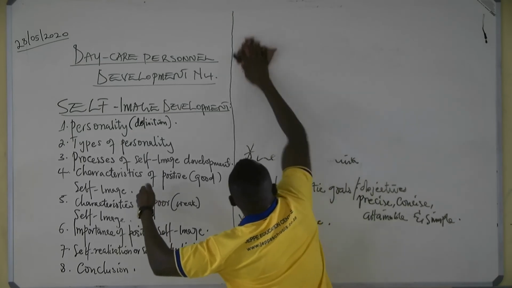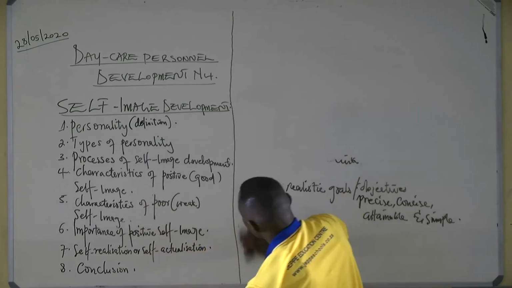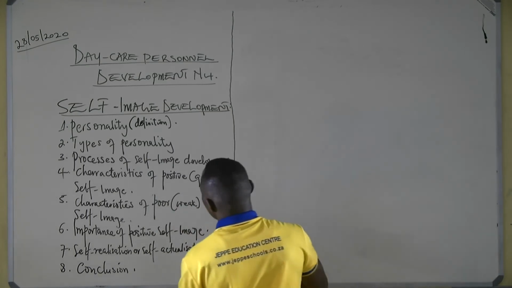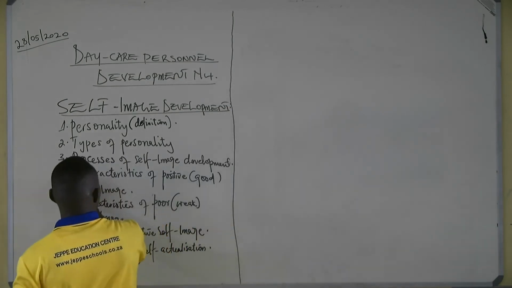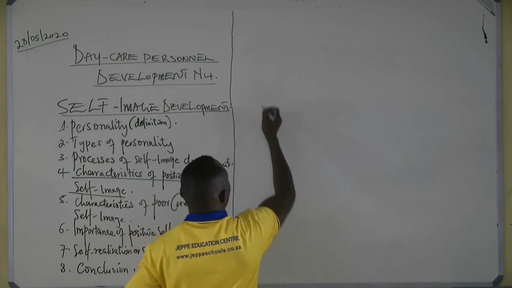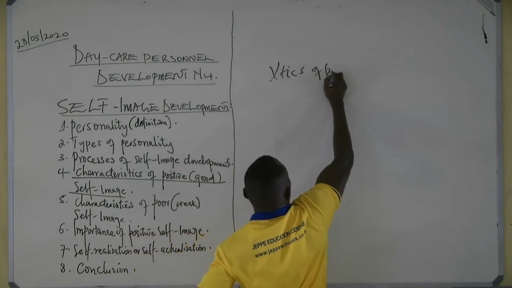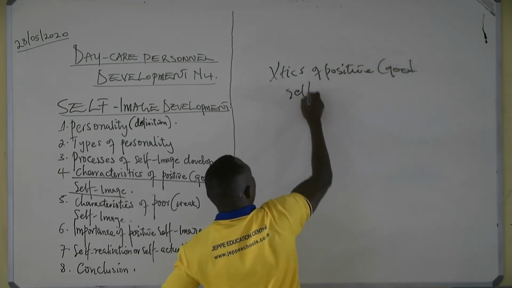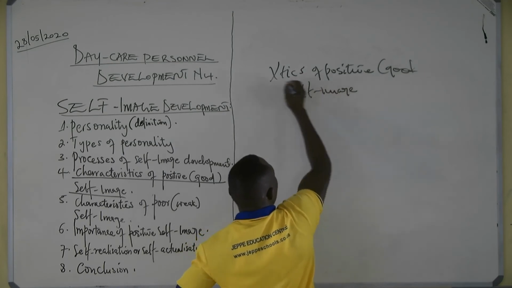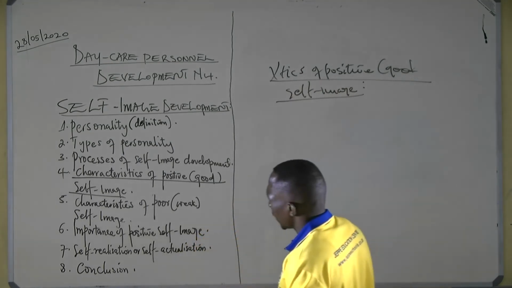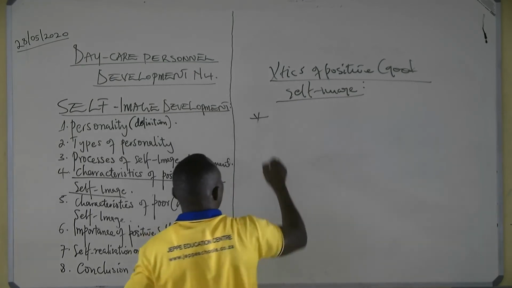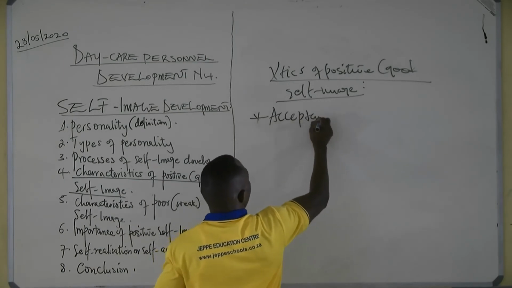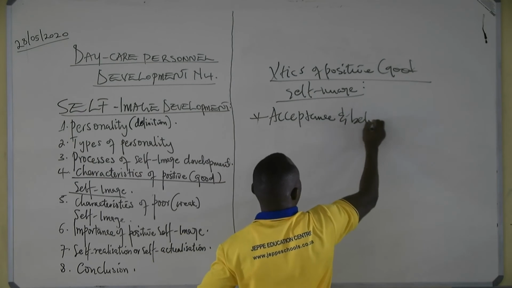Yes. Then, after that, let us look at another subheading as per our course outline for today. According to this, we are supposed to look at the characteristics of positive or good self-image. Positive or good self-image. What are these characteristics? I'm going to be a bit speedy here. Some of the characteristics include